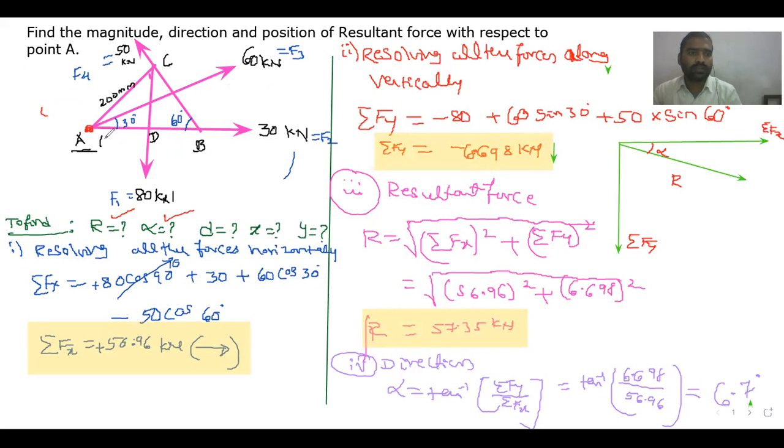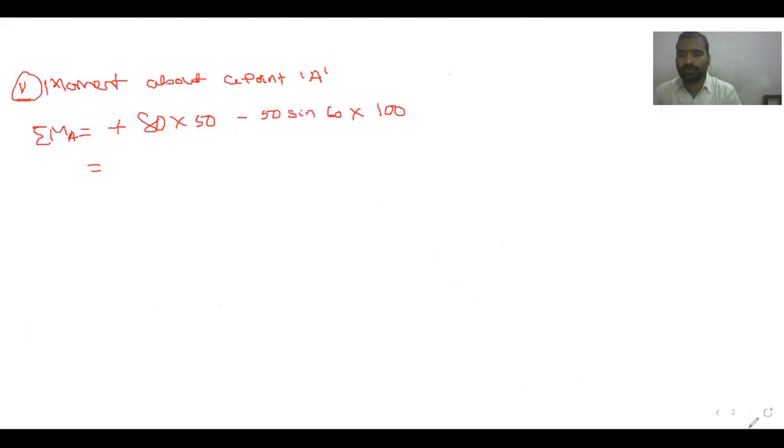Okay, it is 100 mm, and it is also 100 mm. So if it is 100 and 100, this is equal to, it's not 50, it is 100. It is 100 and it is 200. So it is 80 into 100 minus 50 into sin 60, that is 200. So you will get the answer, it is minus 660.25